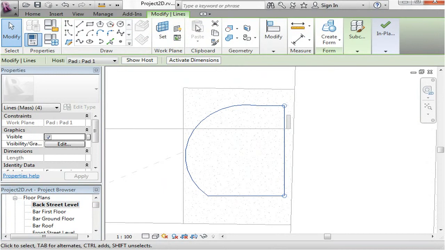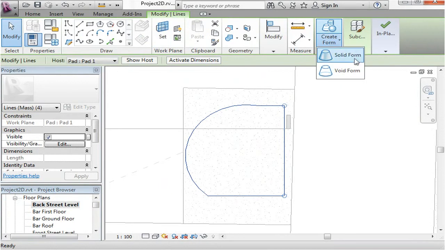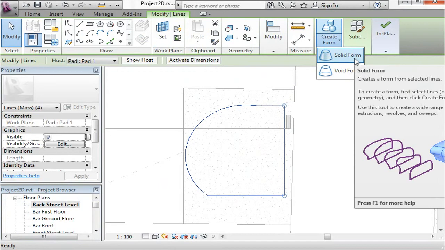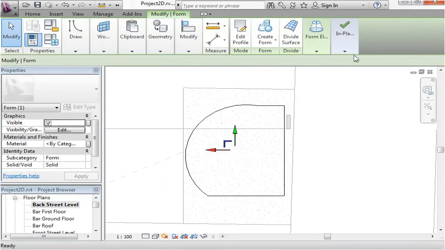You'll see in the contextual tab a form panel, and in that a drop down list of the types of forms that you can create. So I want to create a solid form, not a void form. A void form will cut into solids, okay, so keep that in mind. I want to create a solid form, click on that,